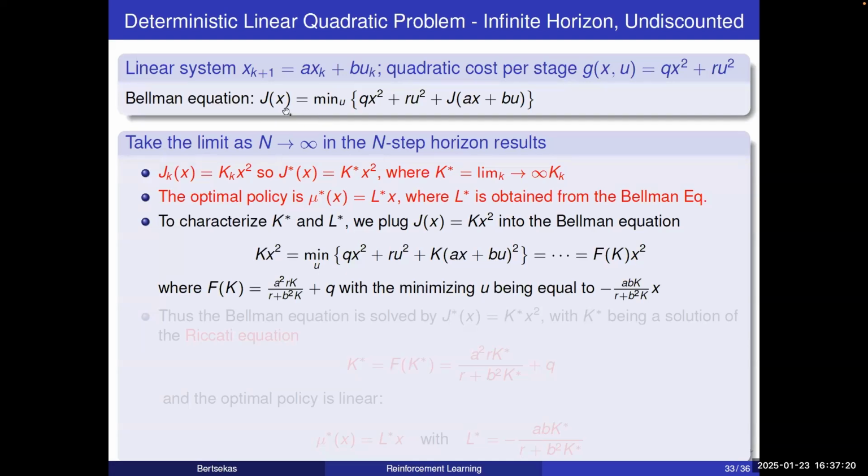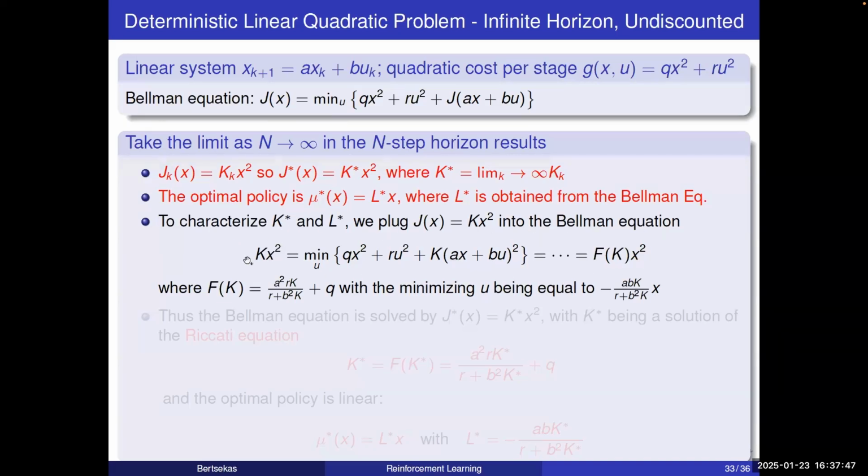So the original Bellman's equation is really a functional equation because there are infinitely many equations we need to solve. However, because of the favorable structure of this problem, that is, the stage cost is quadratic and the system dynamics is linear,